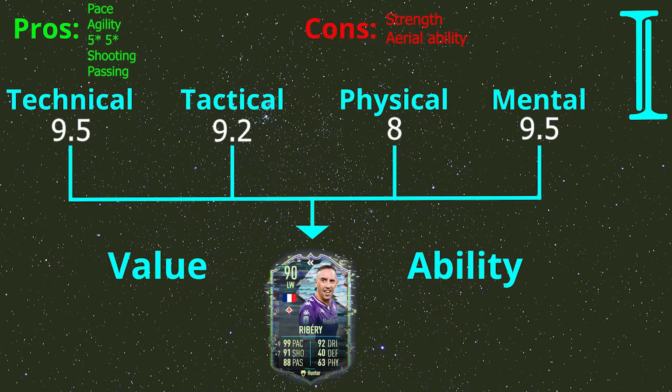Now, I'm going to go ability first. Ability, I'm going to give him a 9.3, because ability-wise, he was absolutely fantastic. Not quite as good as Eusebio's, you know, the strength and aerial ability wasn't there at all, but regardless, he scored a lot of goals for me. He was very good. Value, though, oh my god,